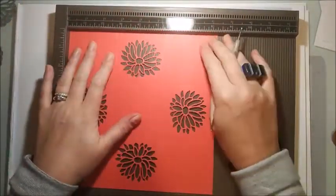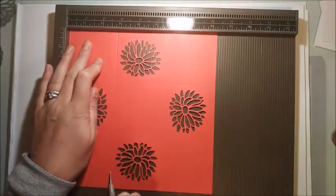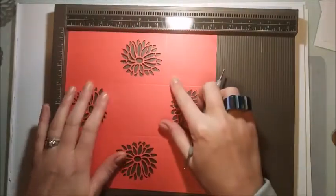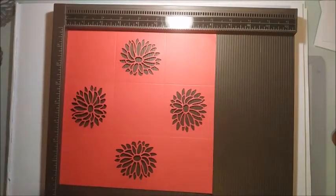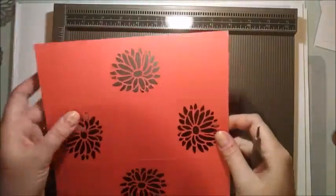Okay, so any of the sides, because they're all measured the same, you're going to score at 2 3/4 and 5 1/2, and then rotate again and do it 2 3/4 and 5 1/2. Okay, so do that with the second piece as well, and then you are going to need to use your